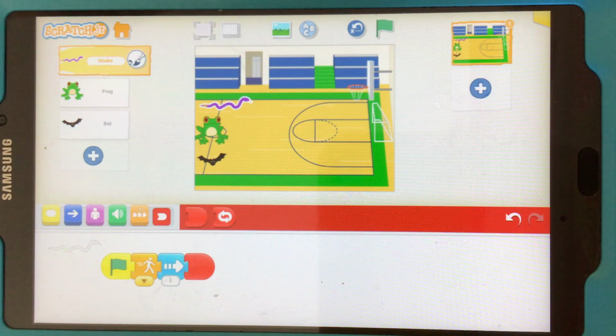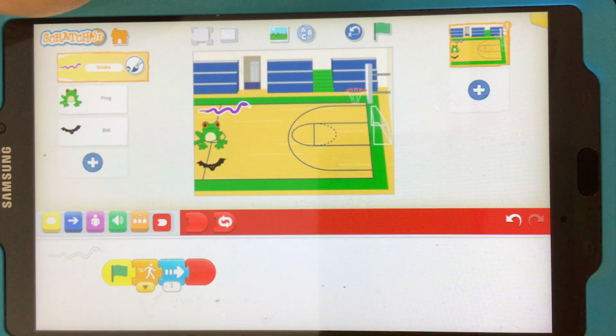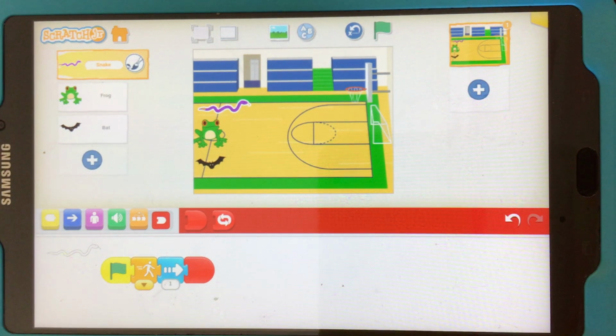Geez. I want to go all the way to the end of the court. Do you see any way with your code to make the snake go all the way to the end of the court? Maybe pause this video for a second and see if you can figure that out. Okay, hopefully you've realized that if I touch on this arrow, I can decide if my snake's going to move